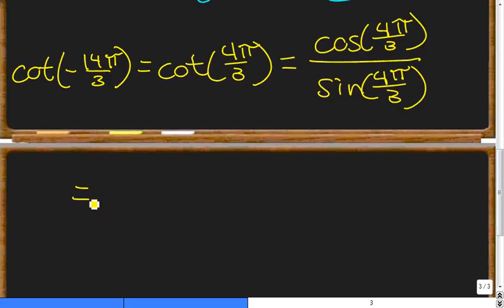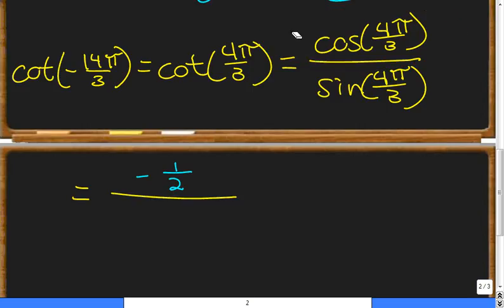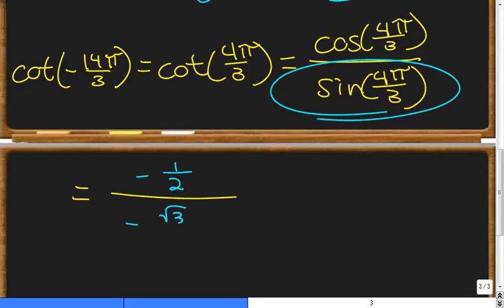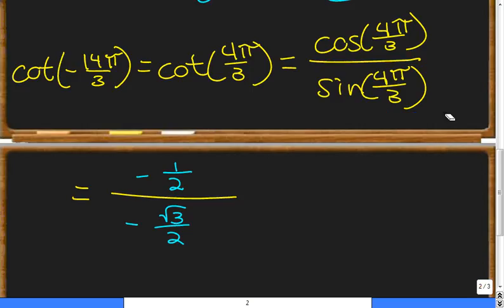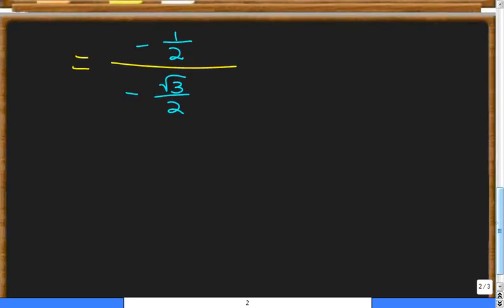Well, the cosine of 4 pi over 3. What's the cosine of 4 pi over 3? This should be negative 1/2. Now, the sine of 4 pi over 3 is negative square root of 3 over 2. Yay, fractions, right? So from here, you're not done. You have to simplify and certainly you're going to have to